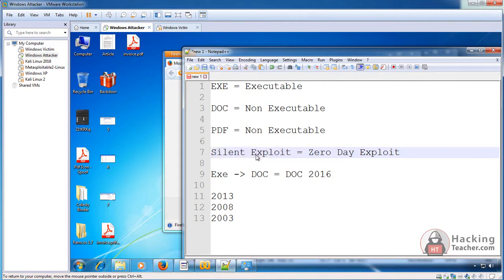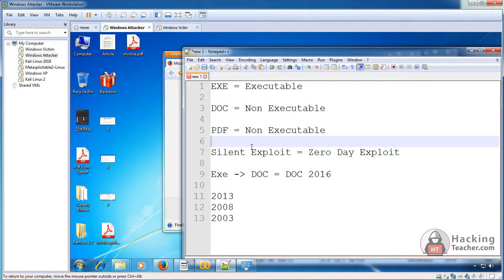The real silent exploit, which is a 0-day, can run over the latest version of Microsoft Office and the latest version of Adobe Reader. You can send just a PDF or a real doc file to people, and even if they are using the latest version of their openers, it still runs. That's a real silent exploit, which is worth more than $10,000 if anyone has it. And you are not even sure who has it and who does not. Maybe they are scammers who are making a fool of you.